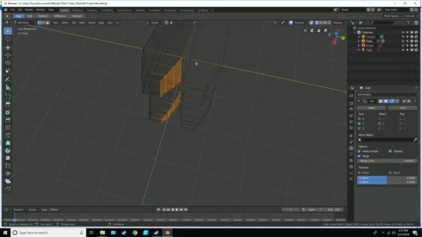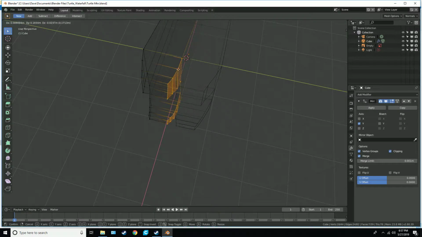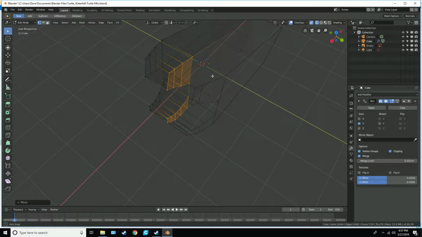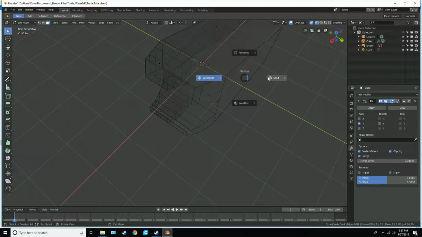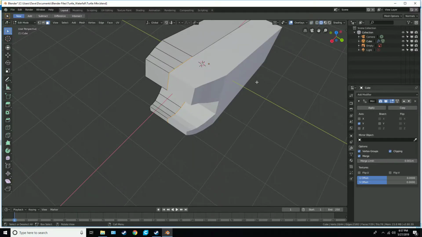So I'm going to go G to grab and move them, and you can see I move them around, and I'm going to hit Y to limit to the y-axis, so I can only move them this way. Clap, clap, clap. I'm going to click, and then I'm going to switch to face mode because I hate these faces. You'll see if you go to Z, it brings up shading mode. These are your shading modes. I work in solid and wireframe